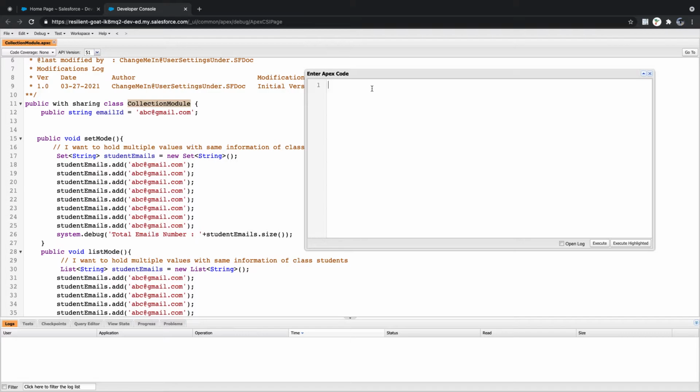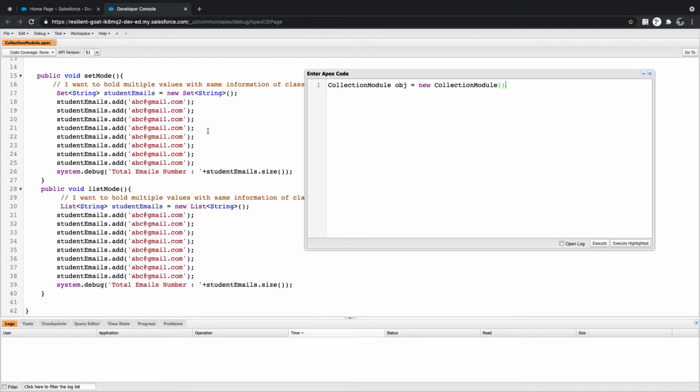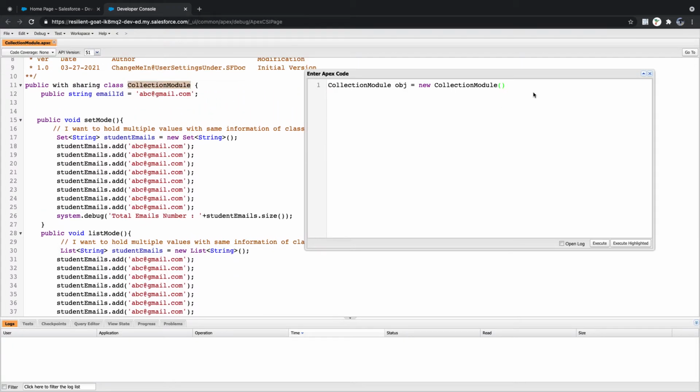How to create an object? Your class name, object equal to new default constructor, because we didn't define any constructor here, so I am using my default constructor. Now, instead of calling it manually, while creating the constructor itself, if I want to call it, the simple way we can do it is public,